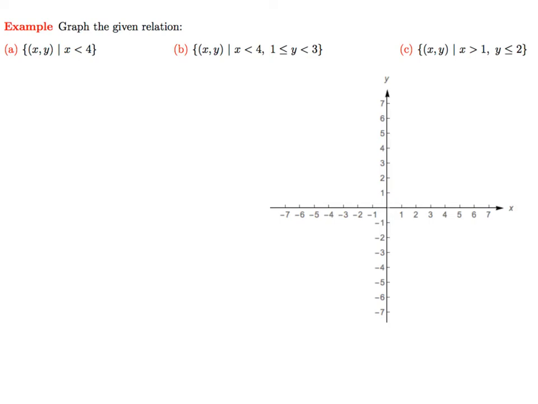In this example, we want to graph three relations A, B, and C, which are each given in roster method. So taking part A first, we see that here we have some restriction on the x value for the coordinates, but none on the y value. So here we would say that y is free to be any value. While x is not exactly free, x can be any value